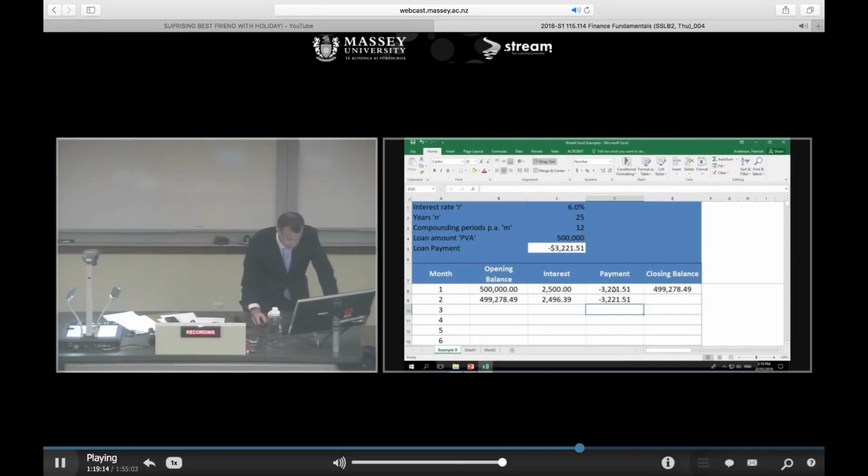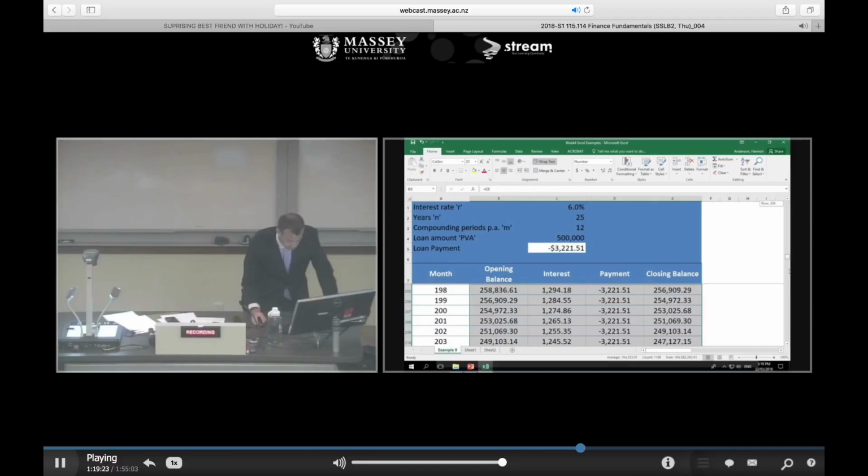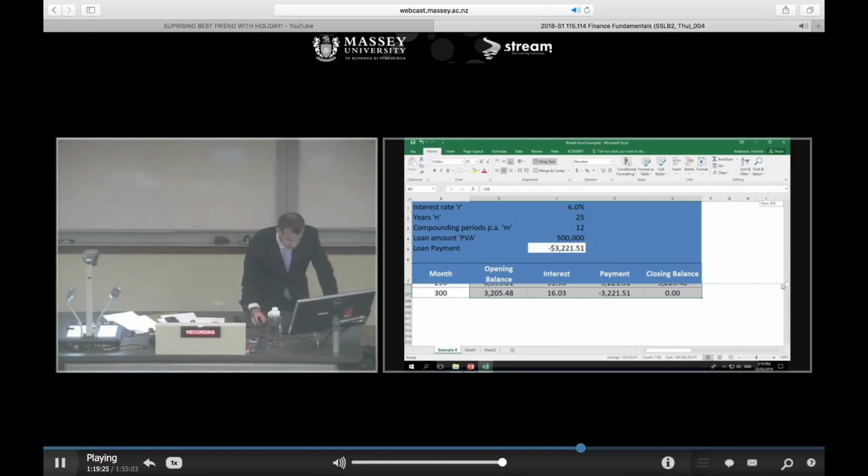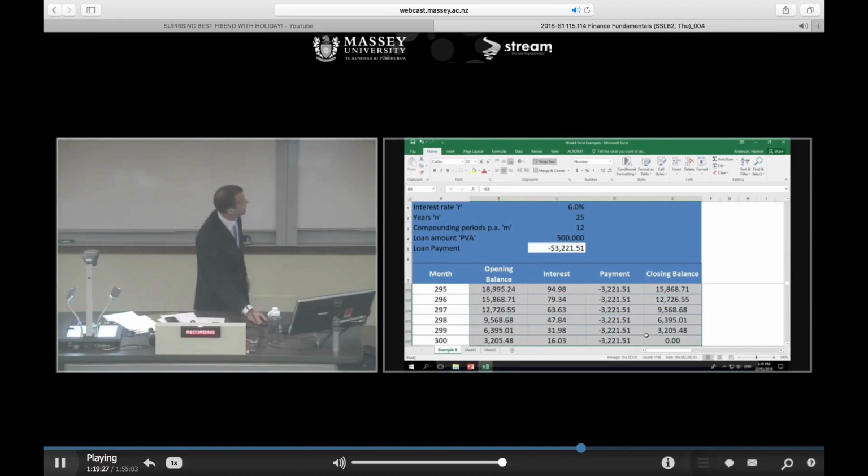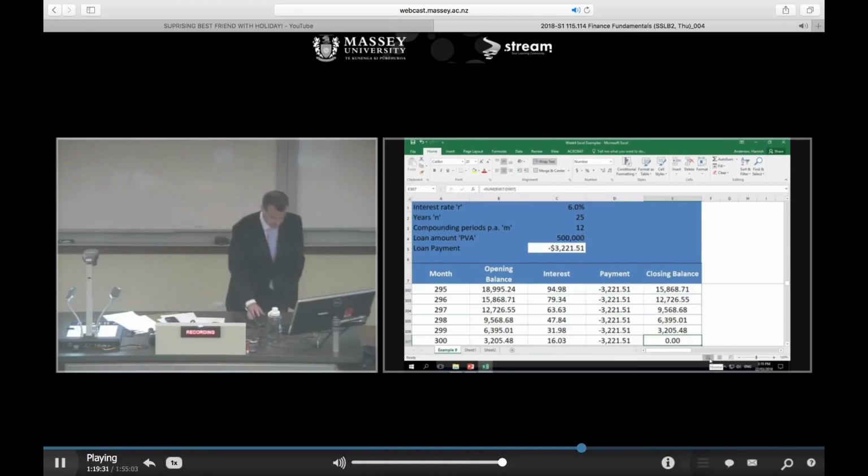Same payment and closing balance. And once you've got it there, you can just copy it all the way down. And if we scroll now all the way down to the bottom, whoops, you'll see that once we make our 300th payment, we now owe the bank nothing. Finally,